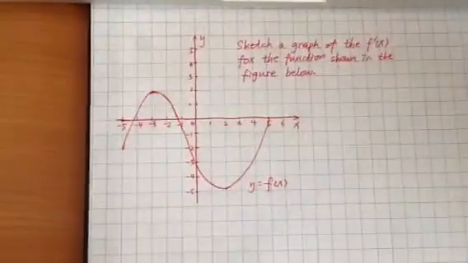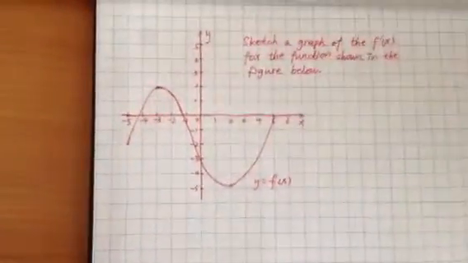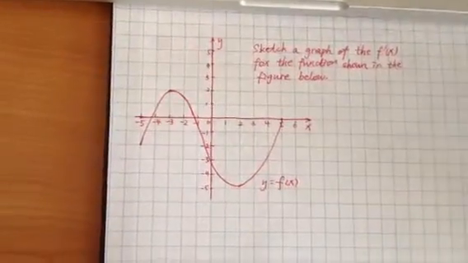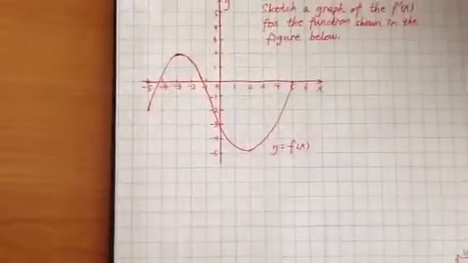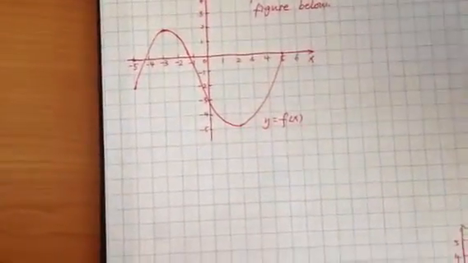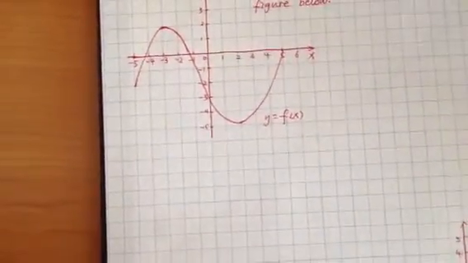Now let's practice how to graph a derivative of a function. Sketch a graph of the f prime of x for the function shown in the figure below. Now we identify some features of the graph and connect them to the properties of the graph of f prime